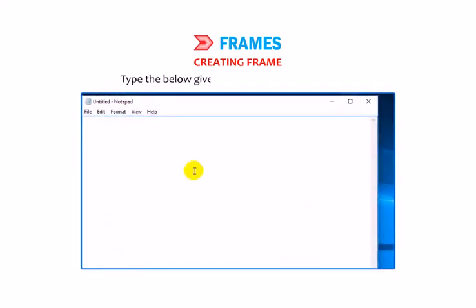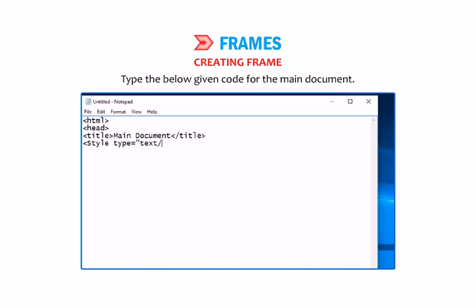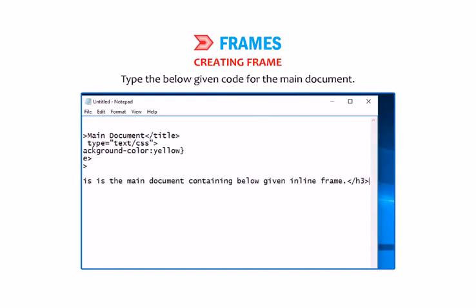Type the below given code for the main document. <html><head><title>Main document</title> <style type="text/css"> body { background-color: yellow } </style></head> <body><h3>This is the main document containing below given inline frames</h3>